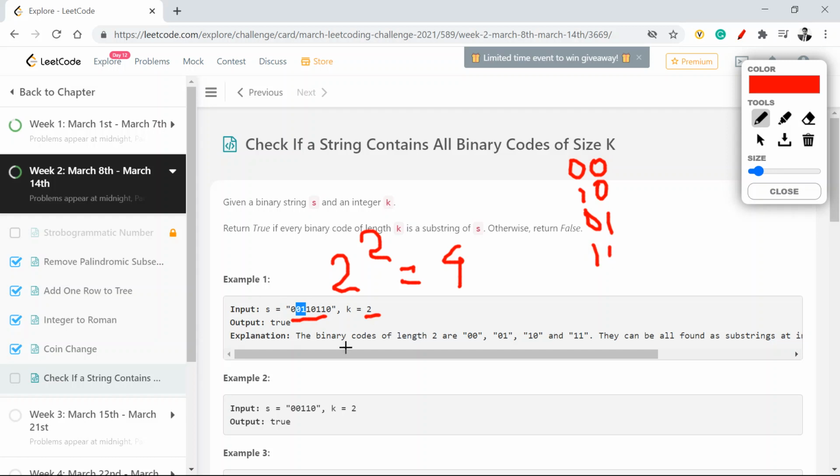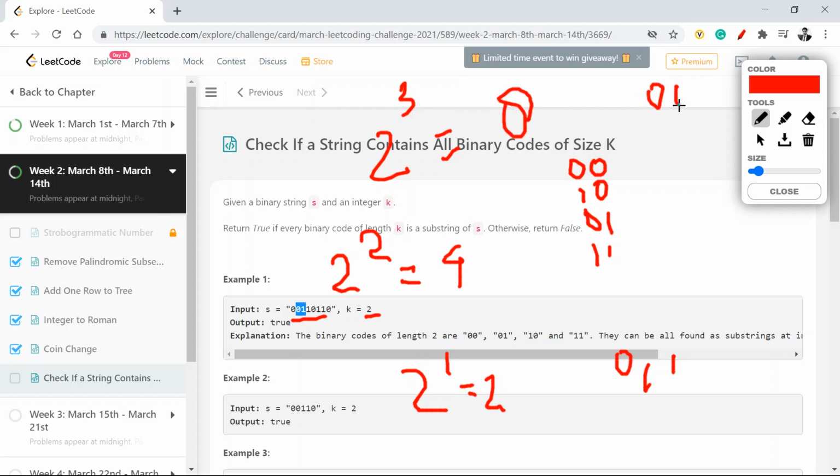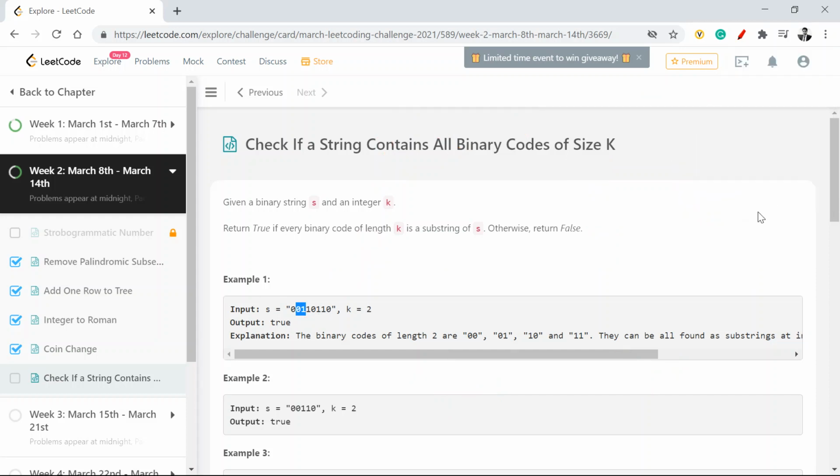Say I took a k of 1. I have input length 1, so the combinations will be 2: 0 and 1. Now if I look at 3, then it will be 2 to the power 3, which equals 8, because then it will be 0 0 0, 0 0 1, 0 1 0, 0 1 1, 1 0 0 and so on.